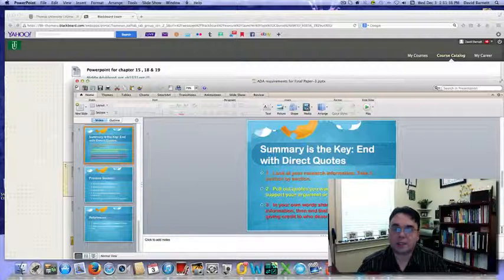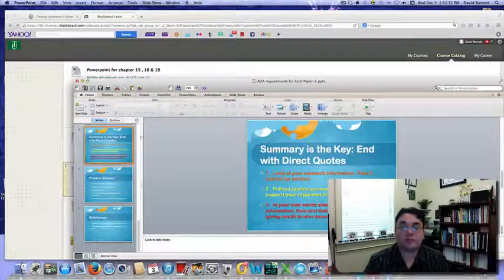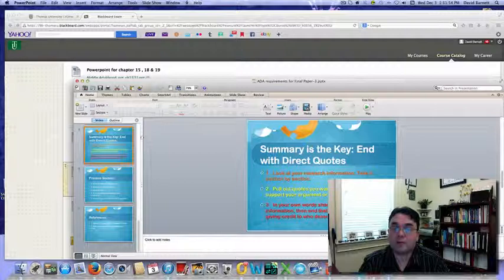So those are the key elements I'm looking for besides the references, which we've gone over several times. So I don't really feel the need to go over that other than to point out that they have to be alphabetized. You need at least 5, and you need to indent 5 to 7 spaces after the first line in order to receive full credit. So those are all the requirements that I'm looking for in this paper, and those are the requirements that they'll be looking for in all of your classes from here. If you go all the way through to your master's program, that's what they're looking for. Of course, they're going to add more requirements as you go along, but these are the basics that will guide you along the way.